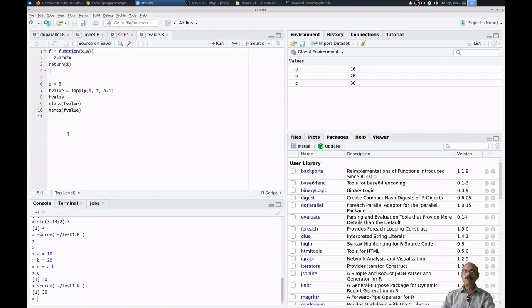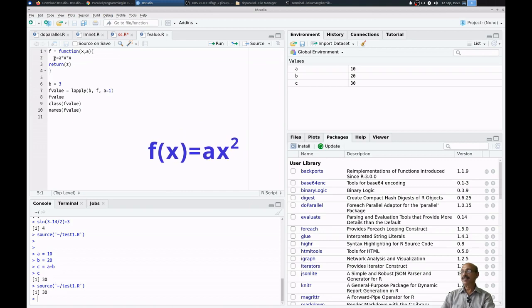Now I will show you how to write a function in R. So the syntax of writing a function is something similar to that. Suppose you have a function like f of x is equal to ax square, then this is how you write it. F is equal to function within parenthesis x, a variable, comma, a parameter a.